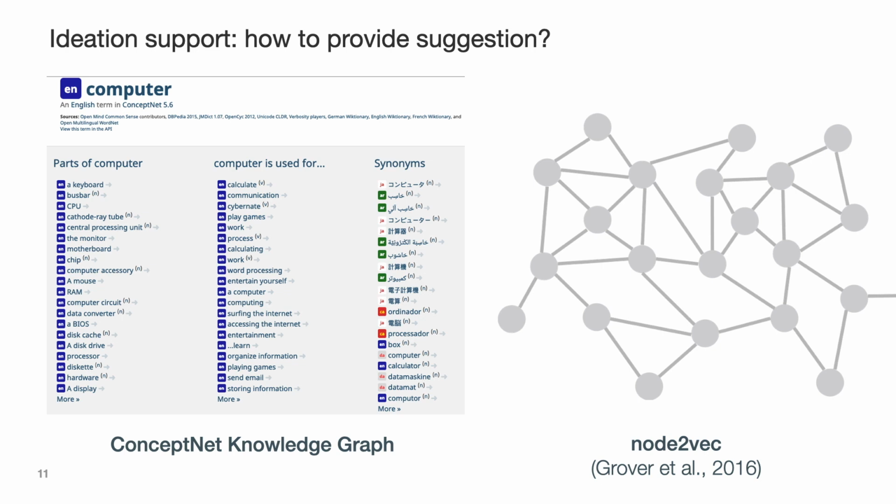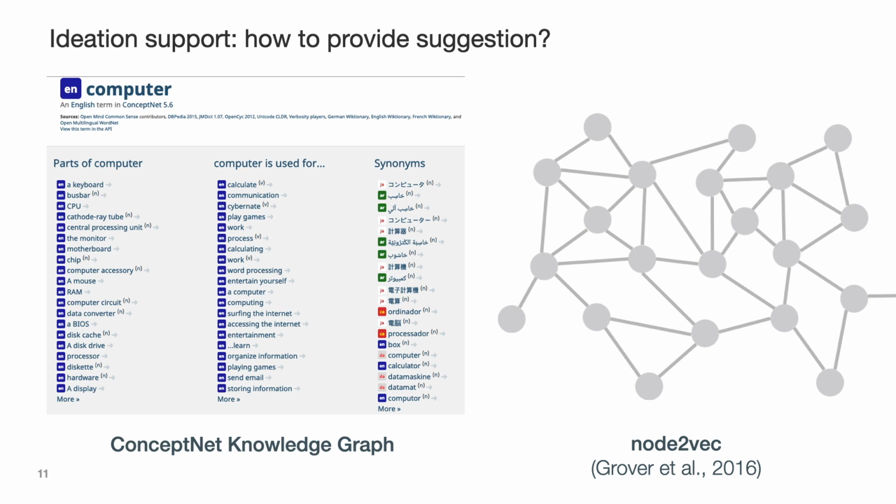Well, ConceptNet can help fulfill this gap. ConceptNet is a knowledge graph that is not domain-specific, and this better represents general knowledge and concept associations. For example, the picture on the left shows the associations of the concept of computer, and we can see concepts specifically related to computers, such as parts of a computer and what a computer is typically used for. The domain nonspecificity can help provide concept associations that have the potential to help the user go beyond familiar concept associations and reduce design fixation.